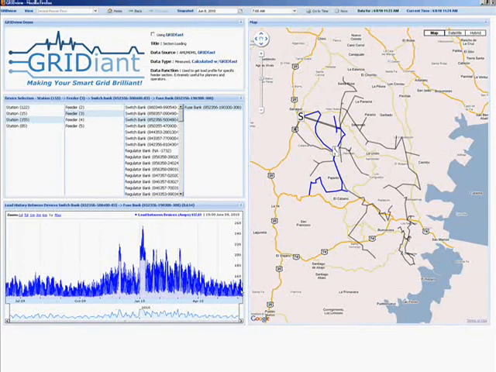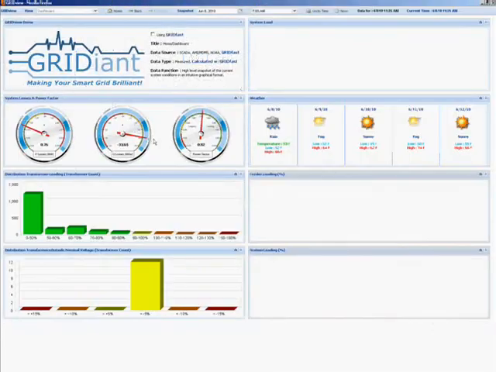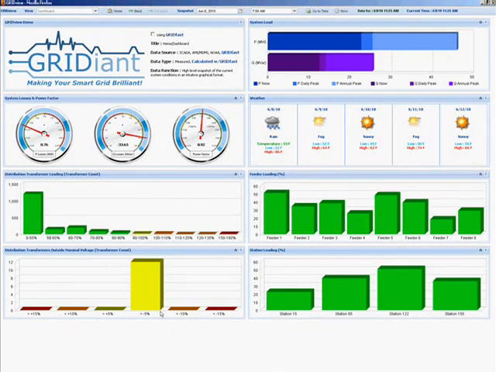So by having this tool, it gives us better information for planning the system, for operating the system, and this can even be used for maintenance. When there's a major maintenance effort or a major construction effort going on, this can be used to have better knowledge of the system when they're trying to reconfigure it for these types of scenarios. So these are the parts that are developed thus far. There are a number of others in development, and